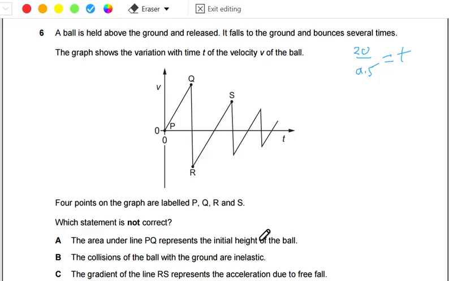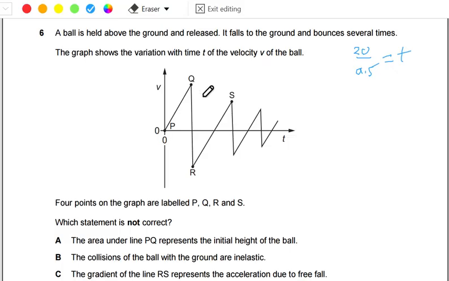Area under the graph represents height. This is correct. Collision of the ball with the ground is elastic. This is also correct because we have the maximum